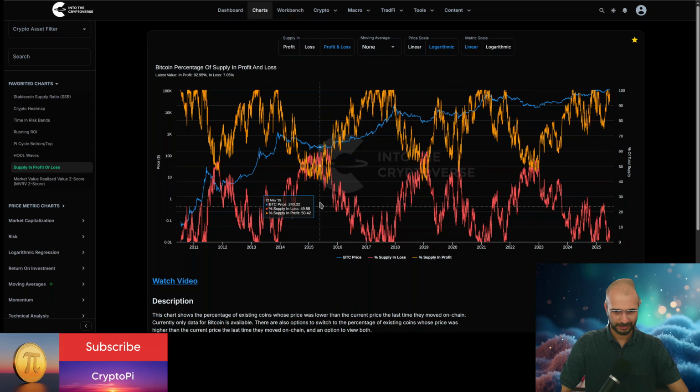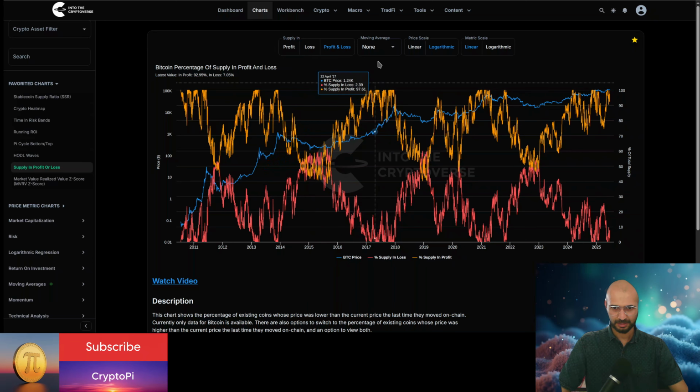Now, this one is mainly used for identifying Bitcoin bottoms, but not the exact bottoms. Again, identifying the exact bottom for Bitcoin is quite difficult, but it helps us identify when the accumulation phase of Bitcoin